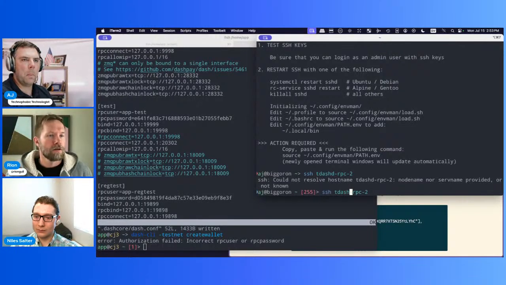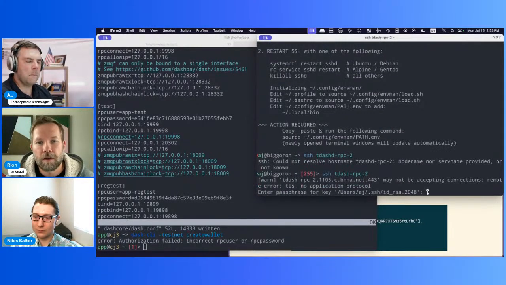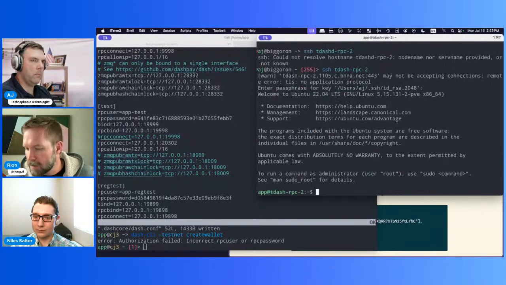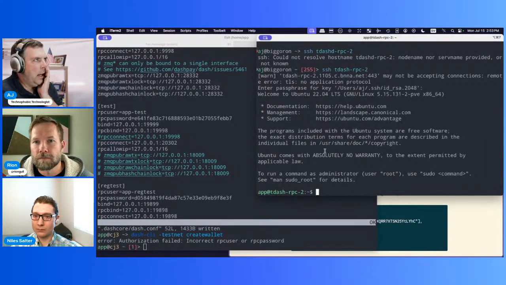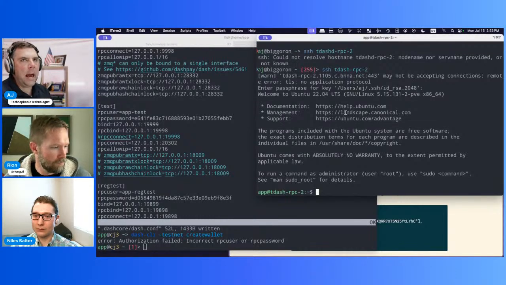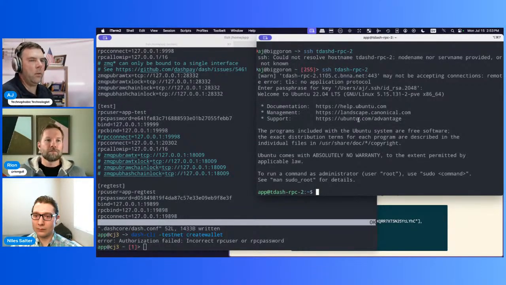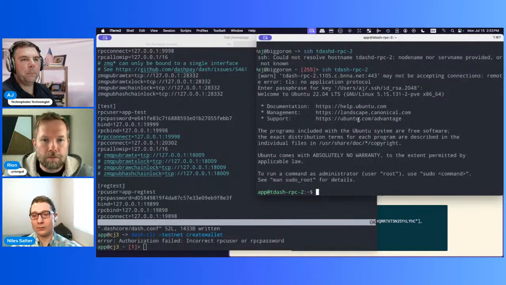Yep. Different VPSs, I should say. Yeah, so I've got probably 10 different servers running right now for the different projects that I'm working on. Okay, so from here,